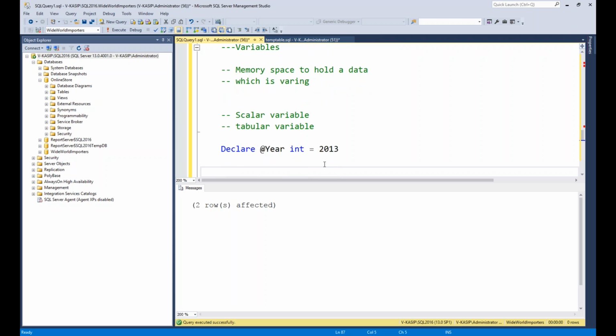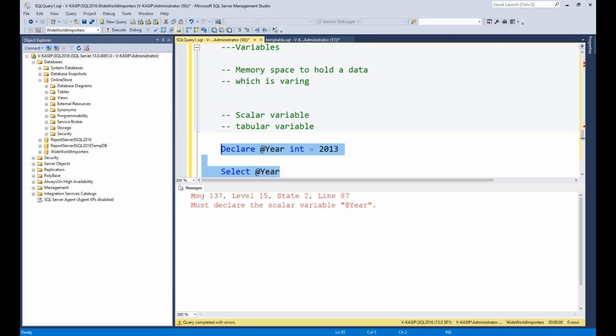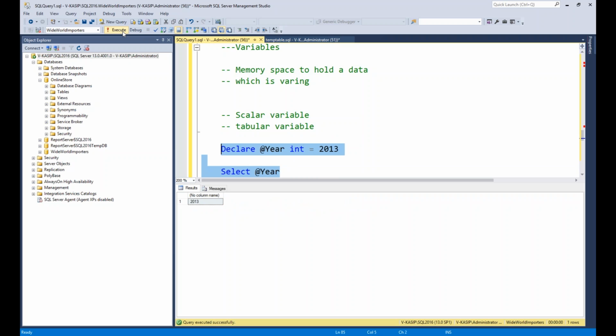I have declared a variable. I want to read the data I have in my variable. I can select the variable. You can't just simply execute this one, right? If I execute select @variable, it doesn't know what the @variable means. So I have to select both commands and execute. See, 2013. If I change this one to 2015,